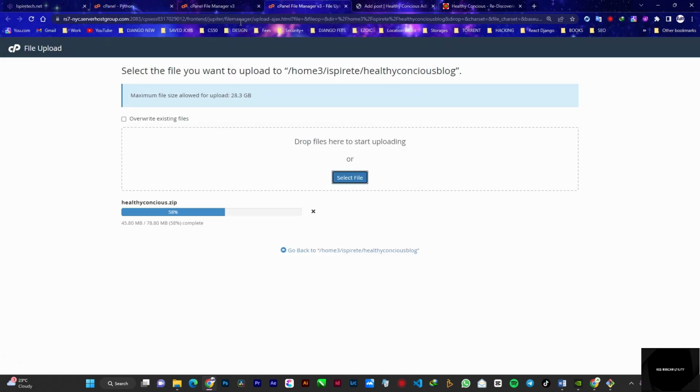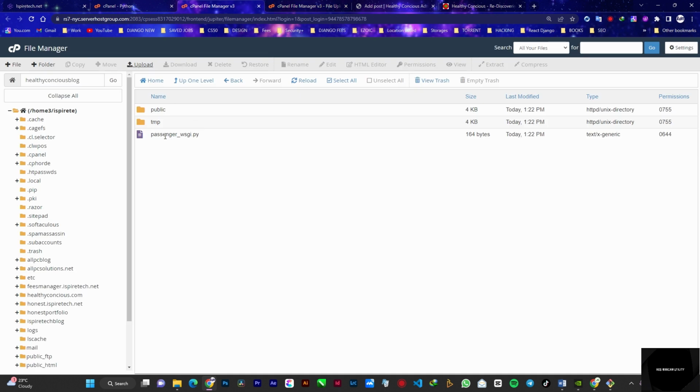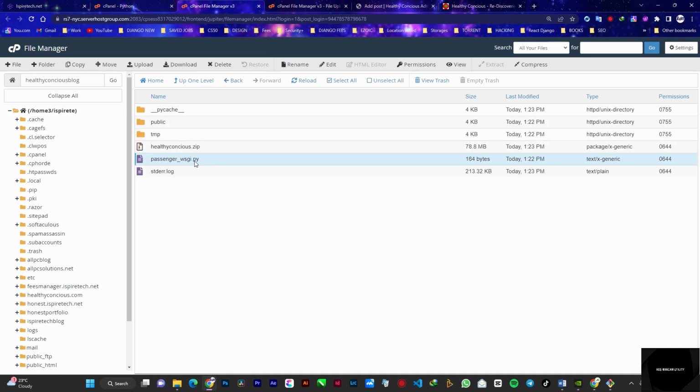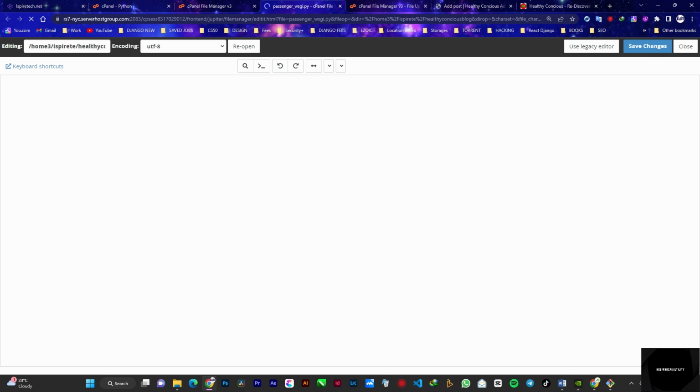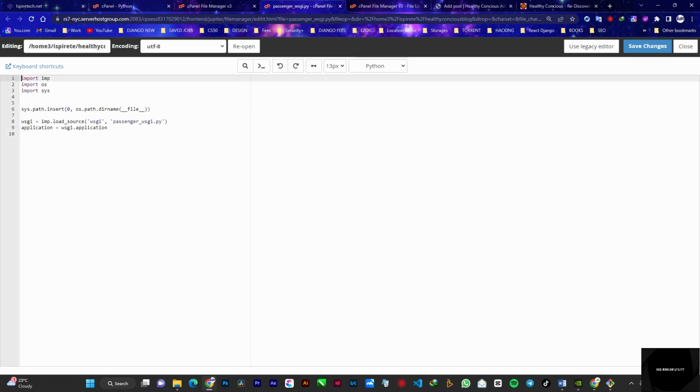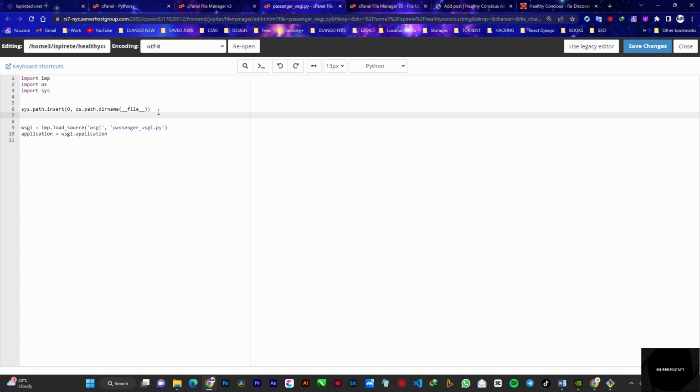As our file is still uploading, you come back to your application here, and I right click this file called passenger WSGI. We want to make configurations on this file so that it will be able to host our application. I right click and I say edit, and I continue to say edit. It opens in a new page. Once it opens in a new page, before you edit this line, you can